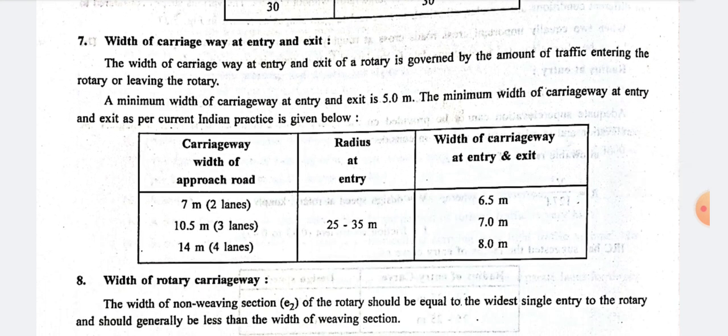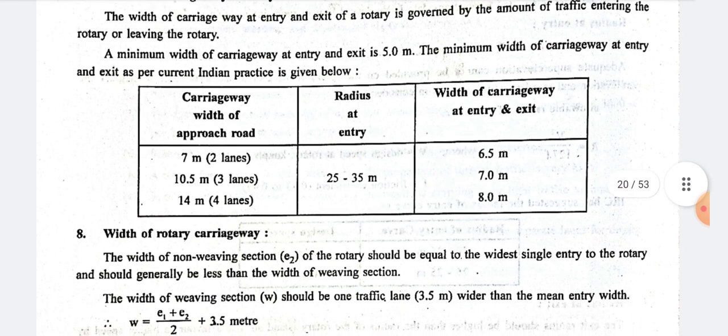Now, the width of the carriageway at the entry and exit. The width of the carriageway at entry and exit of a rotary is governed by the amount of traffic entering or leaving the rotary. The minimum width of the carriageway at entry and exit is 5 meters, and the minimum width as per the current Indian practice is